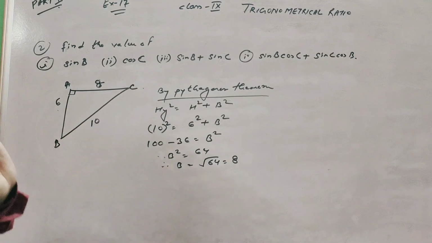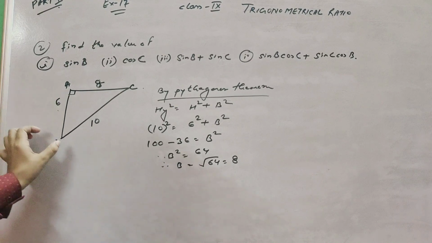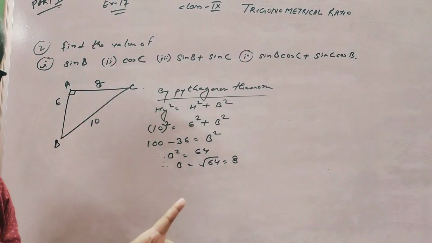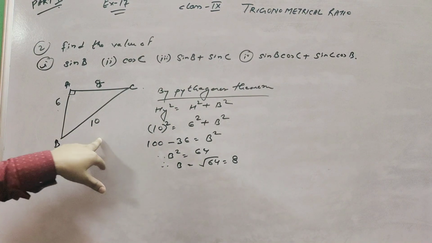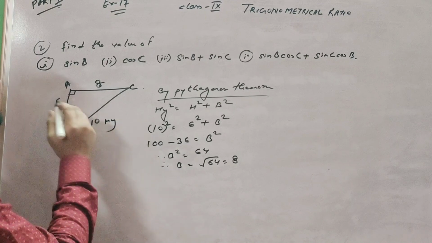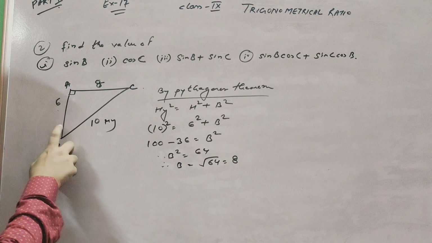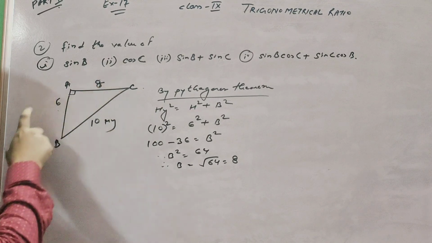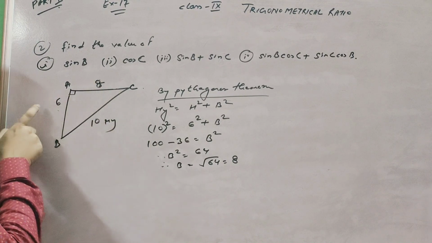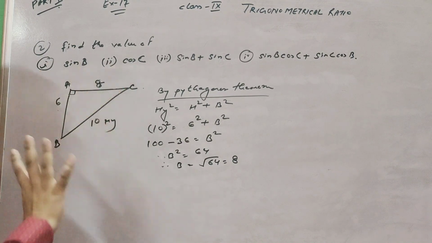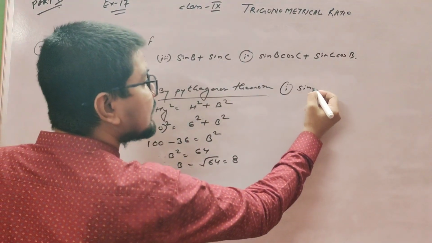Okay, that means we know that when the angles change, the height is also changed because we know that the opposite of the angle is height or perpendicular. But the hypotenuse is fixed because 90 never changes position, so this is fixed, this is the hypotenuse. What changes? The changes come between height and base. If this one is the angle, then this one is height and this one is base. If the angle is here, then opposite of the angle, this one is height and this one is base. Clear?